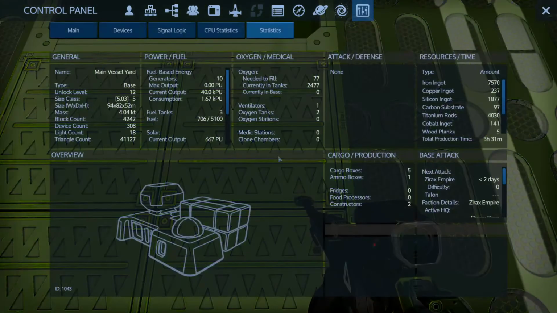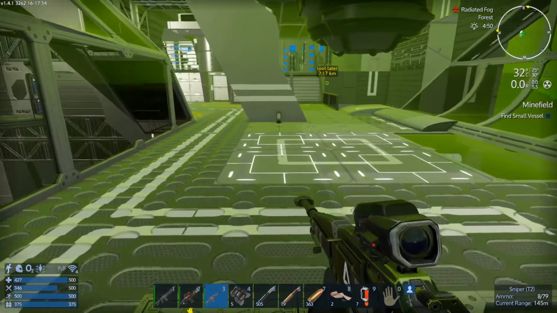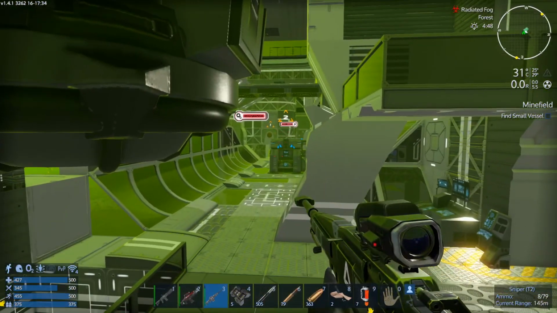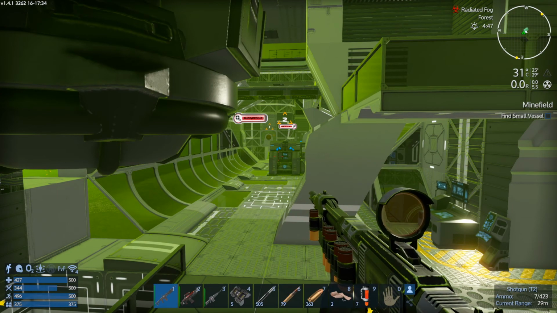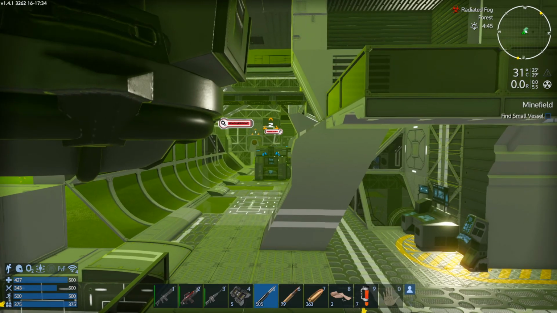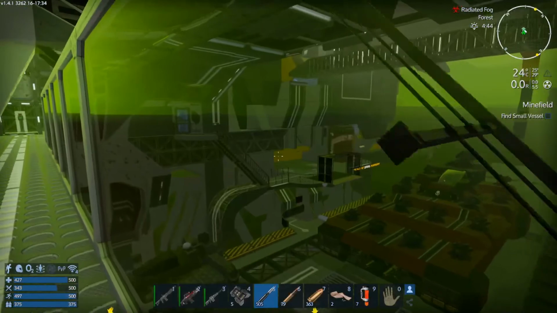Alright, so let's check out what we're doing on power. Current output, current consumption, and we're using up our capacitors is what we're doing. Because we're still at 14% on our fuel, which is great. This is what I'm after. Which is also why I wanted to get that guy set up in here, is because I don't want to use power in the hauler if we don't have to. So